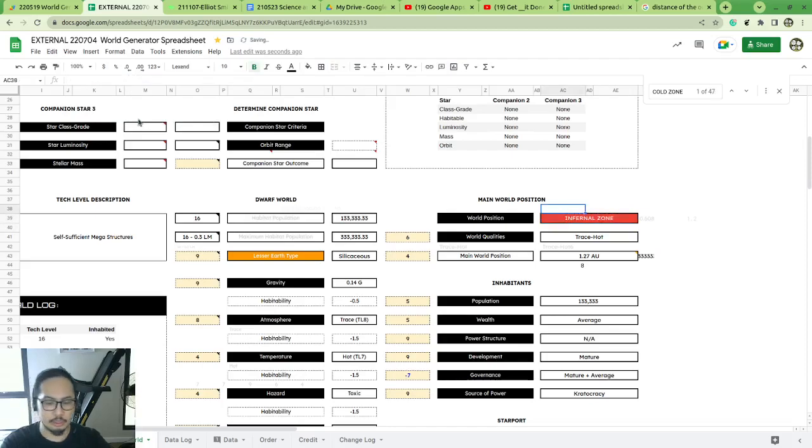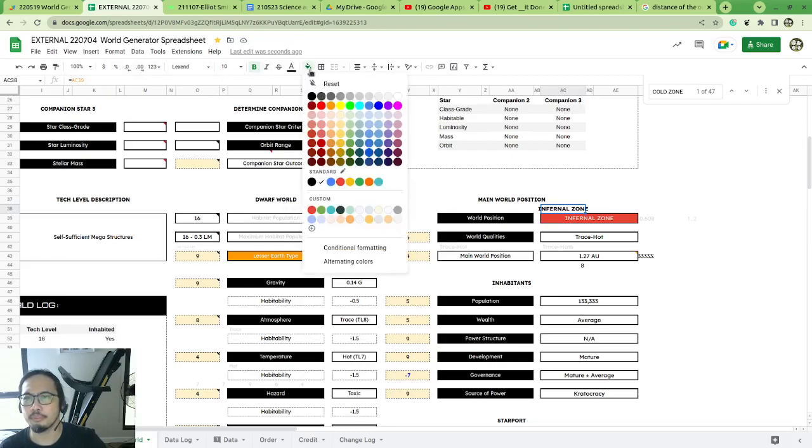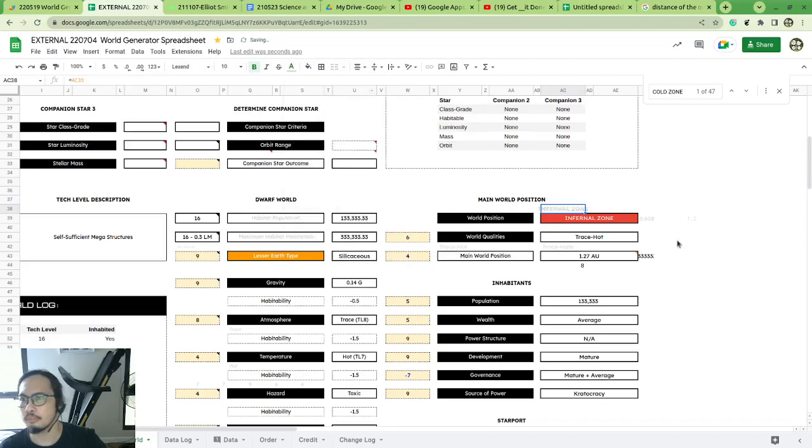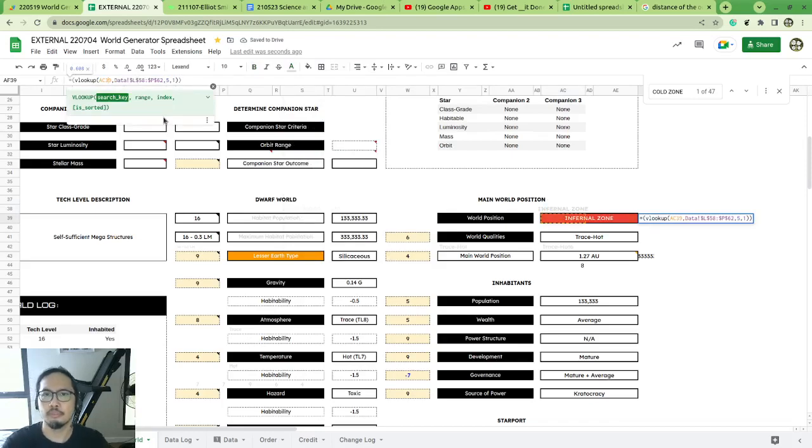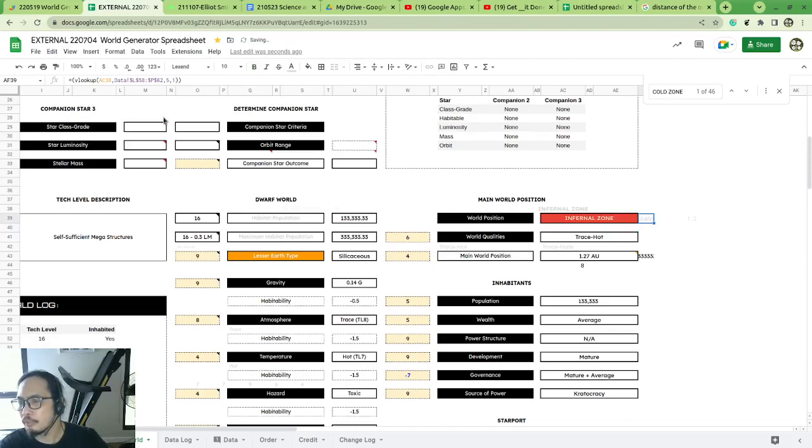Let's make it equal to this. Why is it supposed to be 0.06? Okay, range is